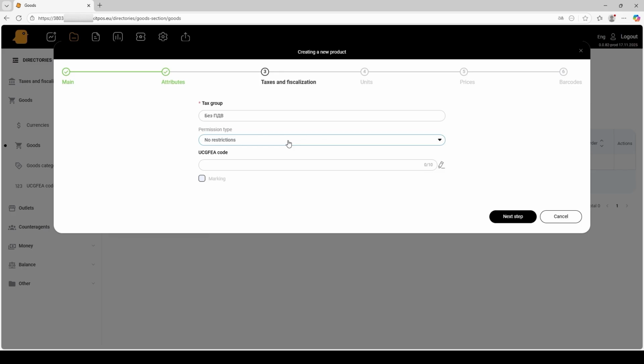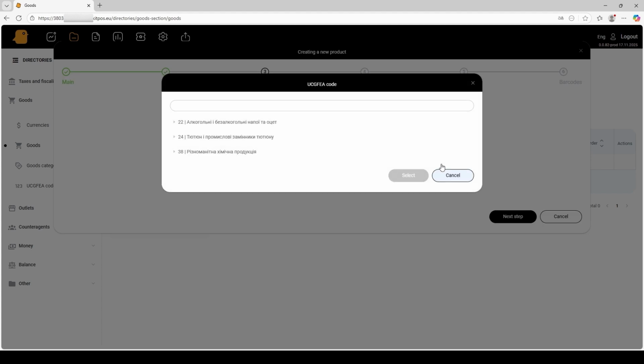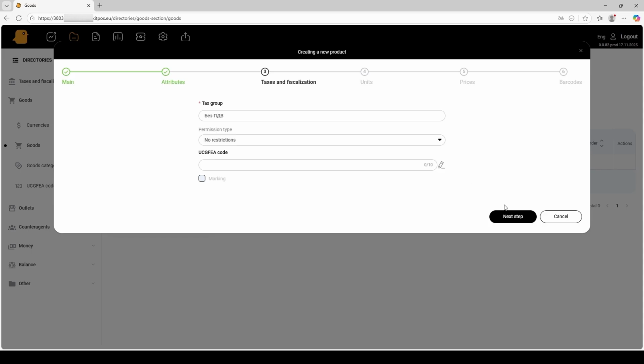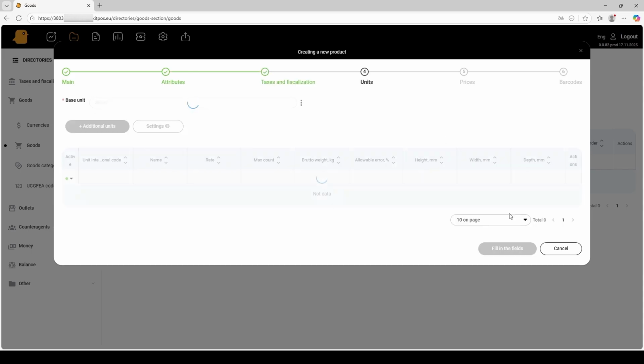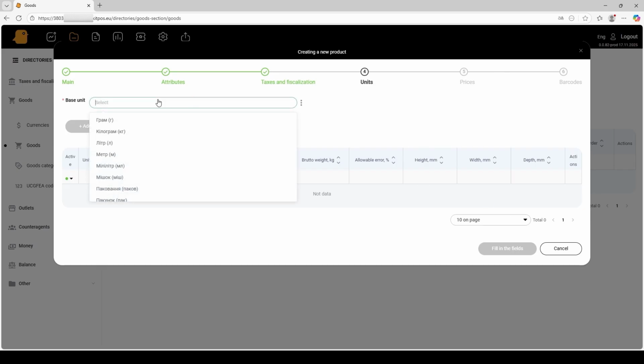Also, if necessary, you can specify the UKT code. It's something like an item's passport in foreign economic activity. It shows what kind of item it is, which category it belongs to, and what tax or duty applies to it. After selecting the base unit of measurement for accounting, for example, kilogram, kg, you need to fill in the